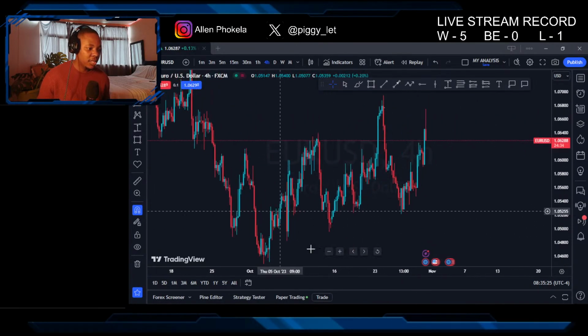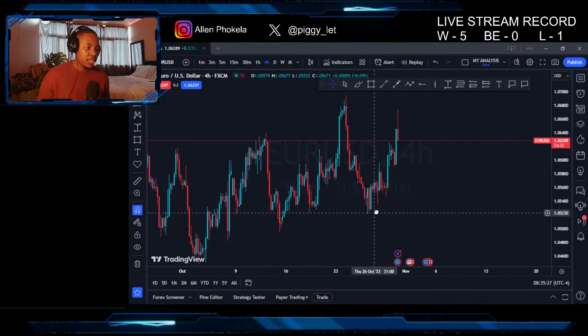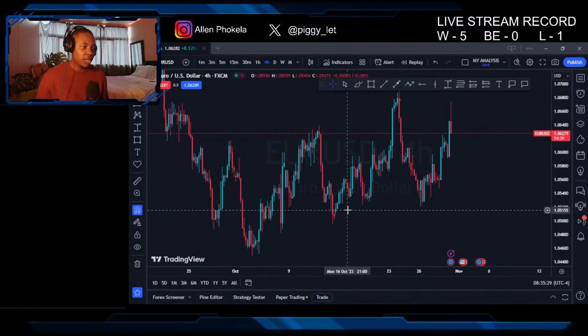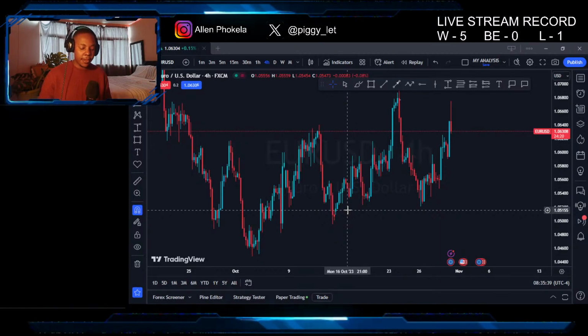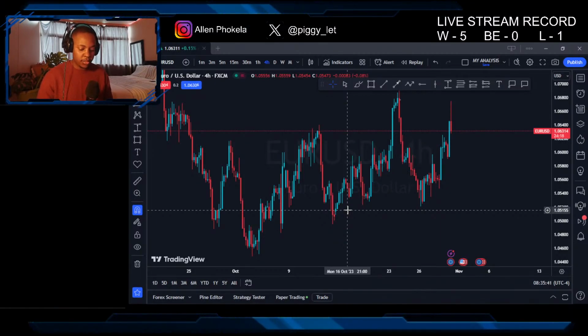But for today, it's just the London kill zone. How do you trade the London session using the ICT model? So yeah, before we get into that,